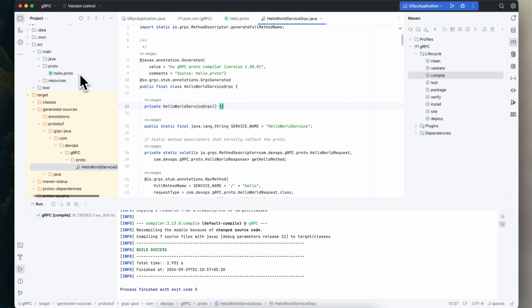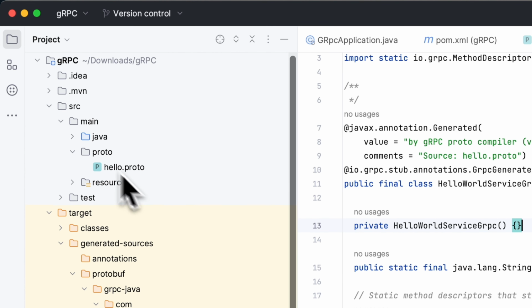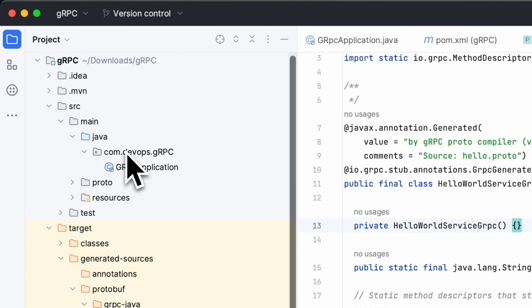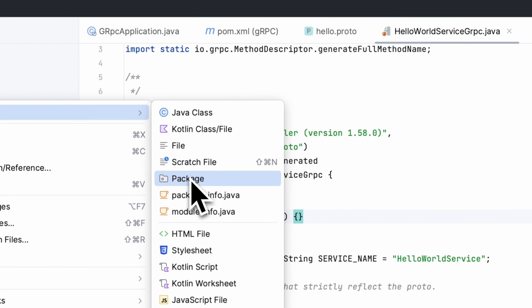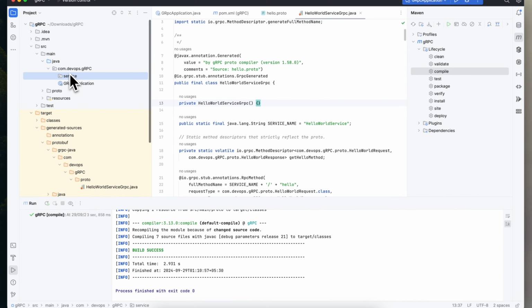So for that let's create one more package here. So let's go inside main, and inside DevOps.gRPC let's create one more folder here, and name this package as service. So just type service, and inside this service I will create a Java class. I will name this as hello world service,